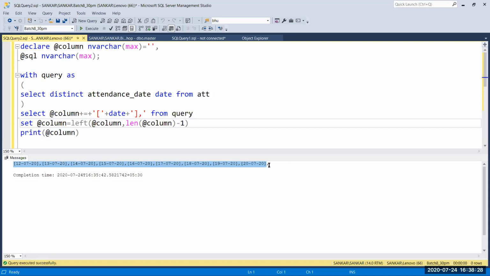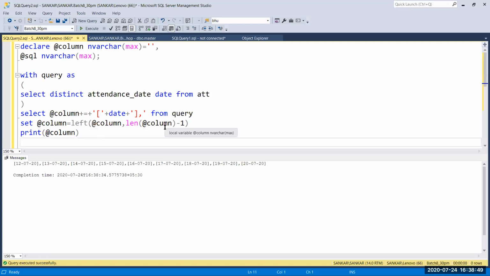So we don't get the comma. That's why we give it like this. I'm going to run this. Now you can see the value has printed without comma. So now we get the column value.